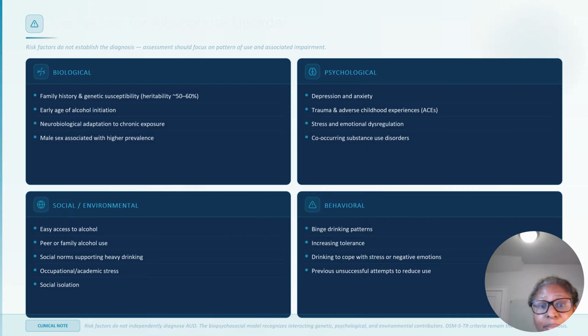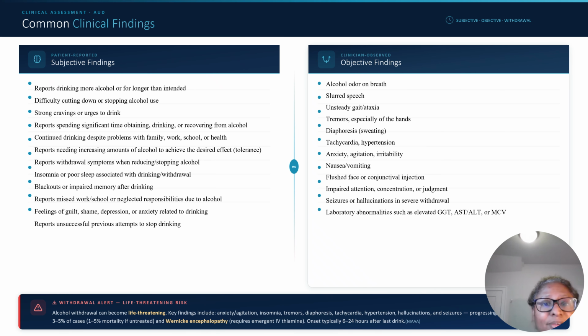Behavioral risk factors can be binge drinking patterns, increasing tolerance, and drinking to cope with stress or negative emotions. As far as subjective and objective findings, subjective would be things like strong cravings or urges to drink, reports of needing increasing amounts of alcohol to achieve the desired effects, so increased tolerance, insomnia or poor sleep associated with drinking withdrawal, blackouts or impaired memory after drinking, and reports of missed work, school, or neglected responsibilities due to